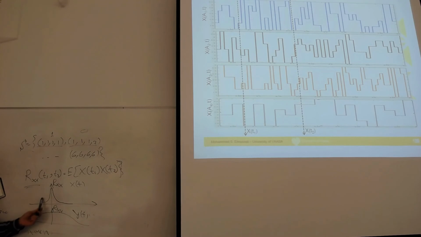This process means that the autocorrelation becomes very small after some time. After some time, let's say lambda, the autocorrelation becomes very small. What does it mean? Correlation means how much the data are correlated to each other. So after some time the correlation becomes very small. So the randomness in this random process is more than the randomness in this other random process. If this signal, for example, represents a stock market, for example,